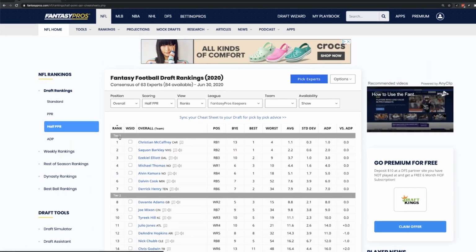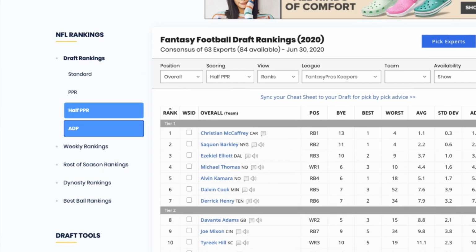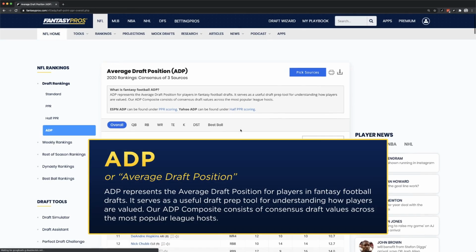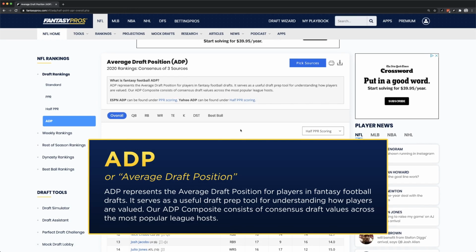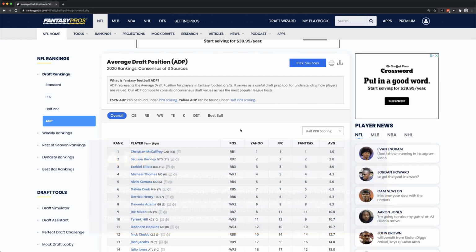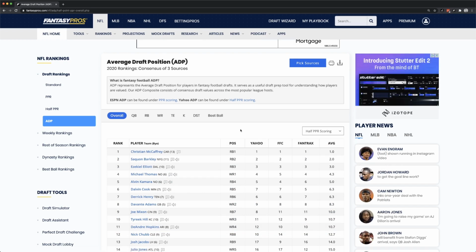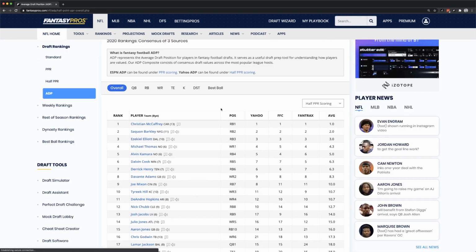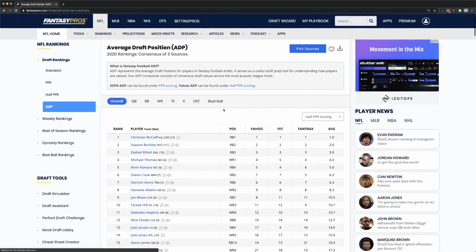Next up, we have what is called ADP, or average draft position. Average draft position is the composite of consensus draft values from a variety of popular league hosts. So we take the ADP from ESPN, Yahoo, CBS, and other sites as they become available throughout the preseason, and we calculate what their consensus ADP is. So the average draft position on these sites is calculated based on where other people are drafting these players in their real drafts. This should give you a pretty good idea of what other people, not the experts, are thinking